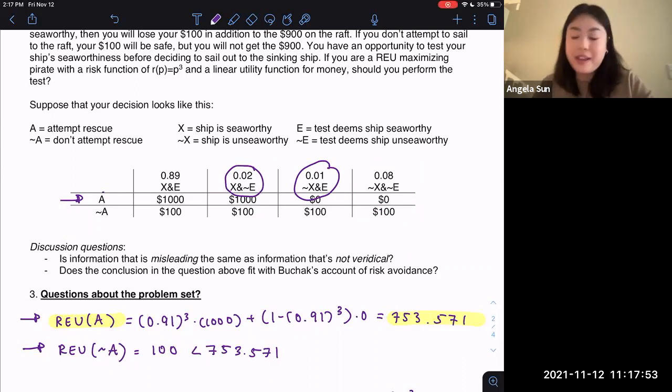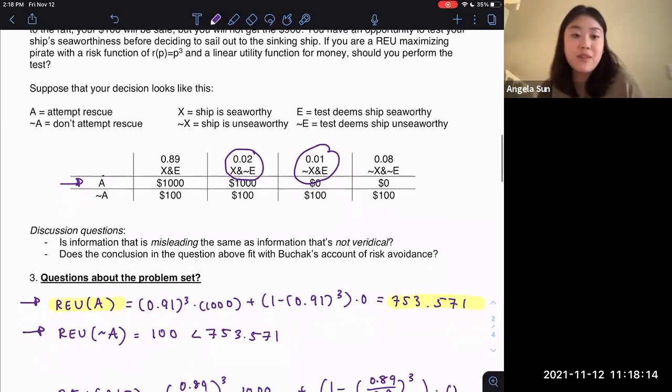And finally, we should think about whether this conclusion fits with Buchak's account of risk avoidance. So whether this makes sense given the attitudes and behaviors that are characteristic of risk avoidant agents, which might not be characteristic for other kinds of agents. If you're risk avoidant, it might be the case that you're willing to pay to avoid risk in a way that Lara